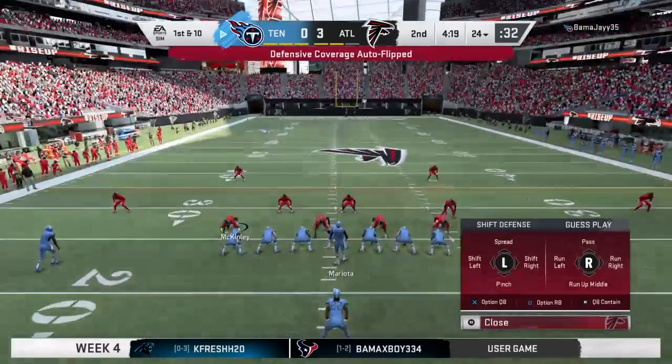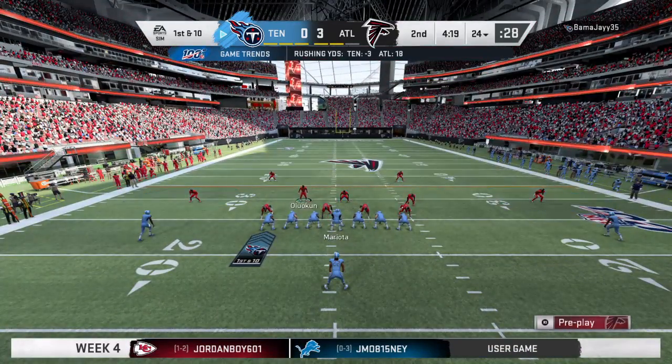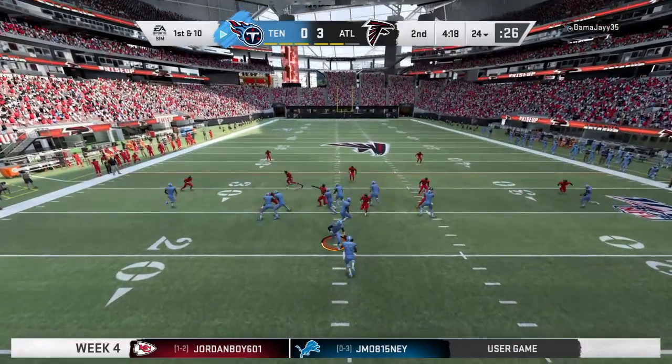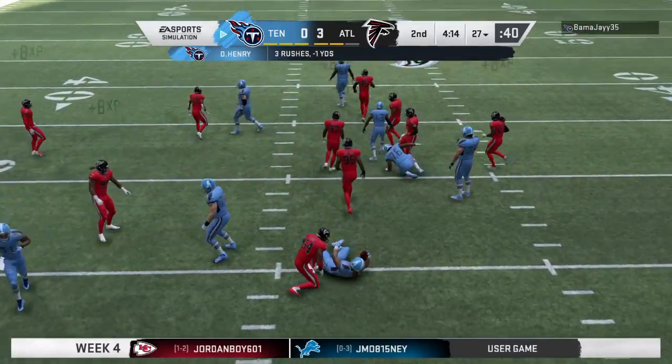The Titans offense set to begin the drive. They threw an interception the first time they had the football, only gave up 3 points off of that, so it shouldn't be a difficult hole to overcome. It really shouldn't, as long as they're not listening to the chatter coming from the other side, because when you